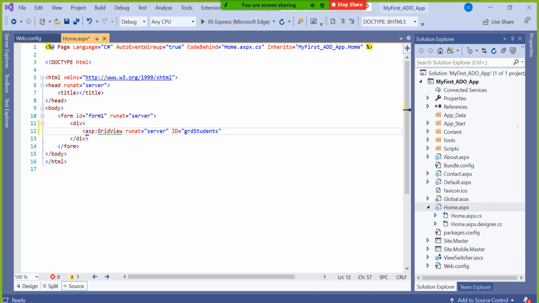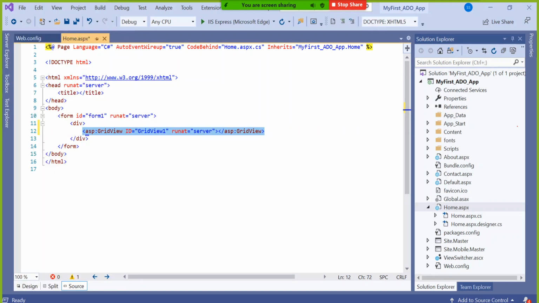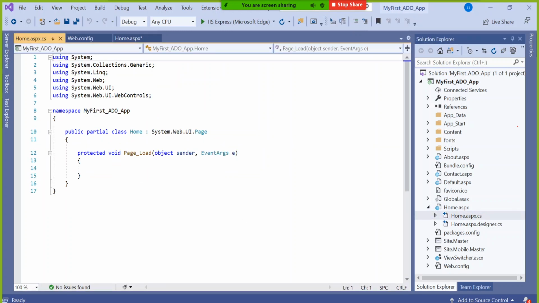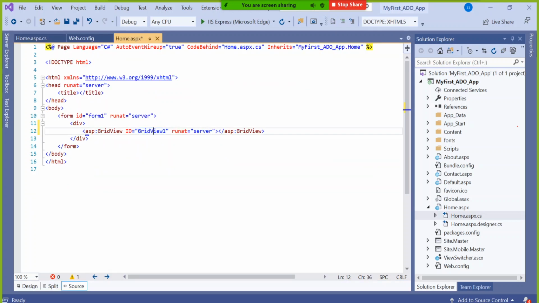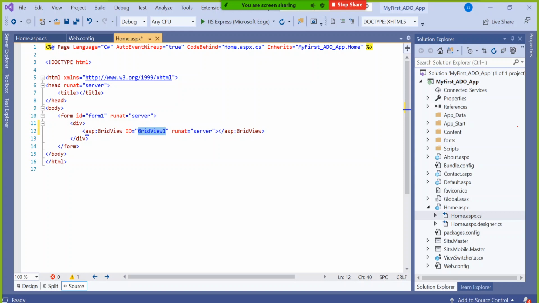Now imagine somebody dragged it. You didn't care about what it is providing automatically, so it marked it grid view 1, grid view 2. Now when writing the coding in the .cs, somewhere in the second file, will you again and again go there and see grid view 1 is for student, grid view 2 is for department, grid view 3 is for college? Should I again and again come here and see which ID is for what?